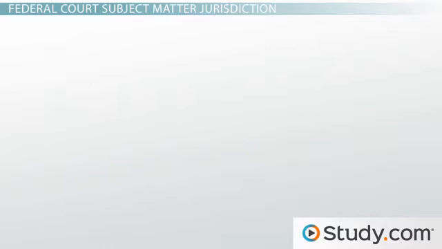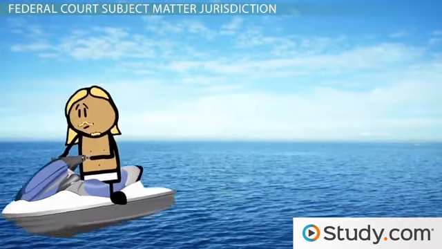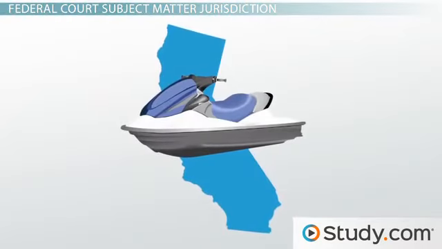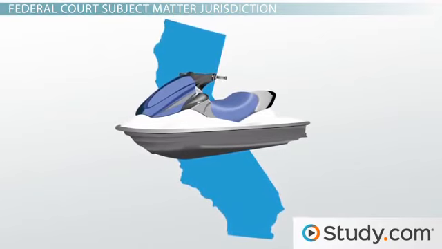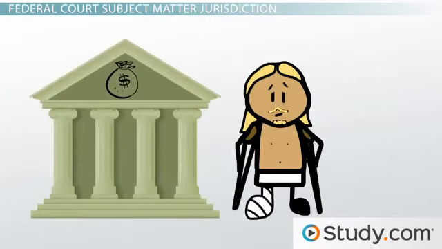For example, Murray, a resident of Florida, was injured while riding on a jet ski manufactured by Fast Toys Incorporated, whose primary place of business and manufacturing is located in California. Murray broke a leg and wanted $100,000 in compensation. In order for the federal court to determine diversity jurisdiction, it